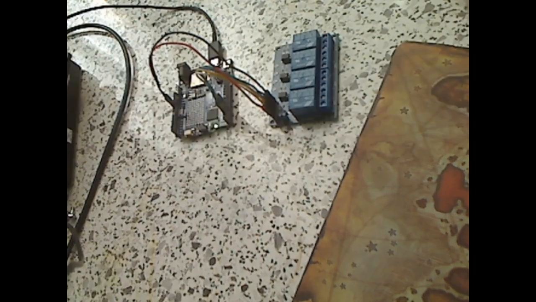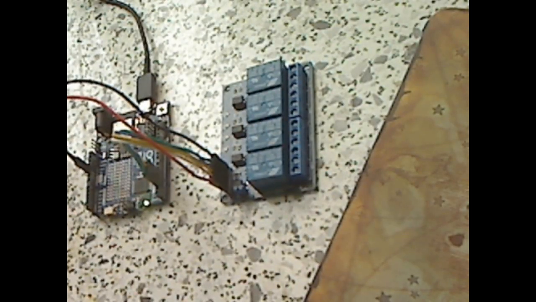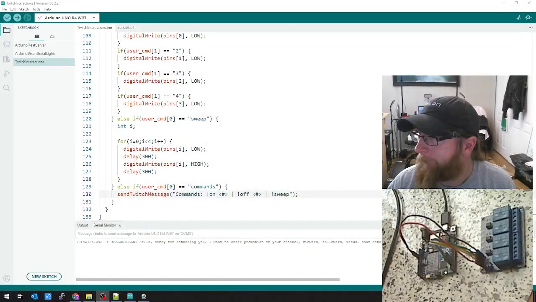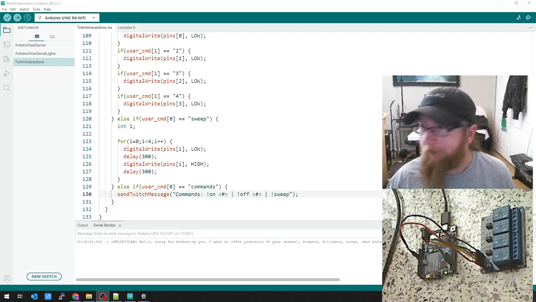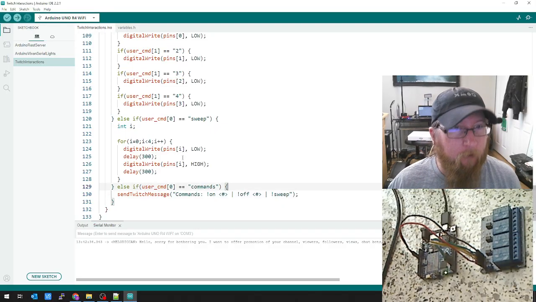Zoom. There we go. Oh, it should be a little better for you. All right, so now you can actually see the lights when they go on. Save. Okay, so what we want to do is we want the commands,